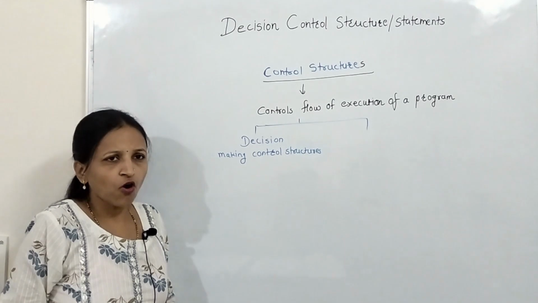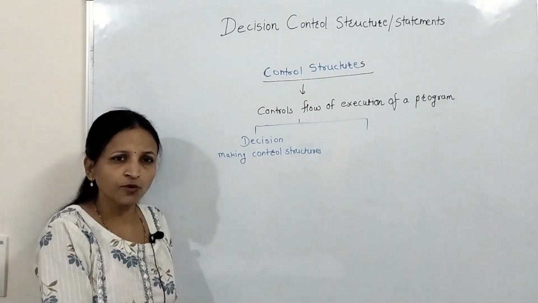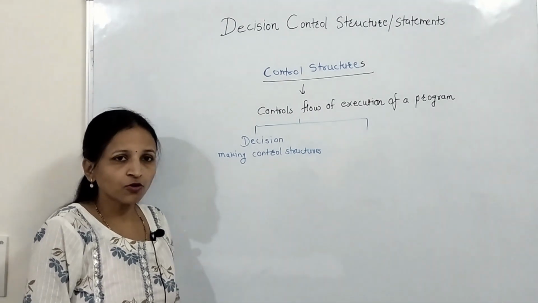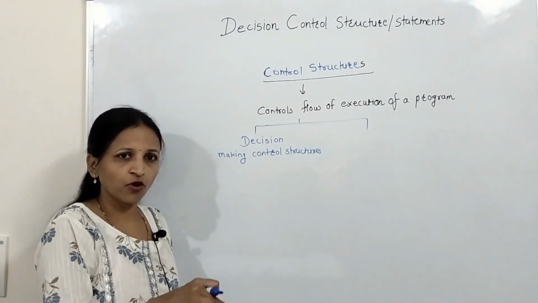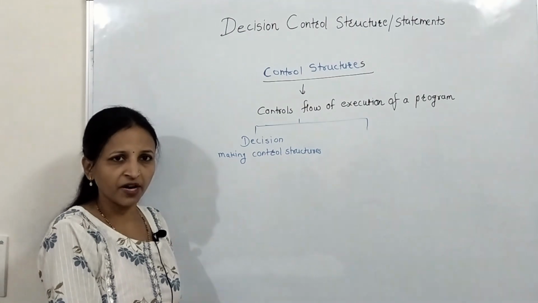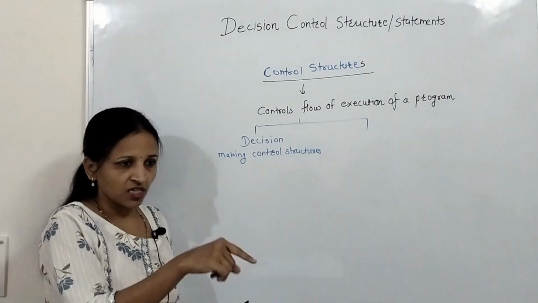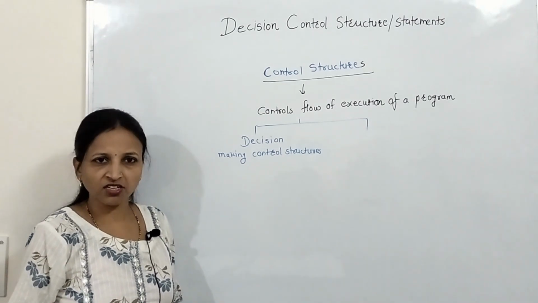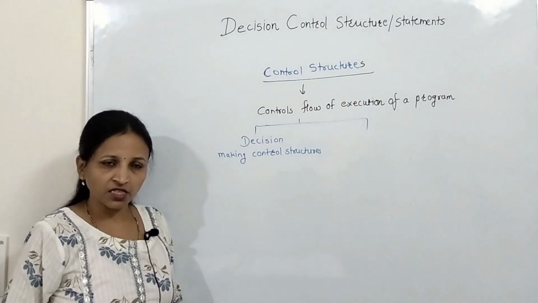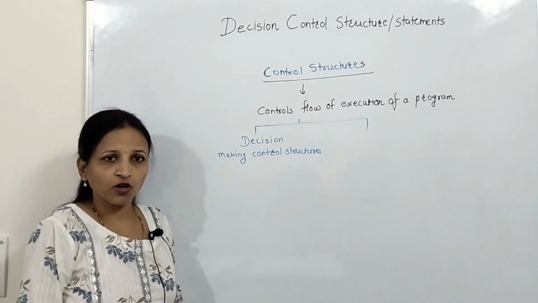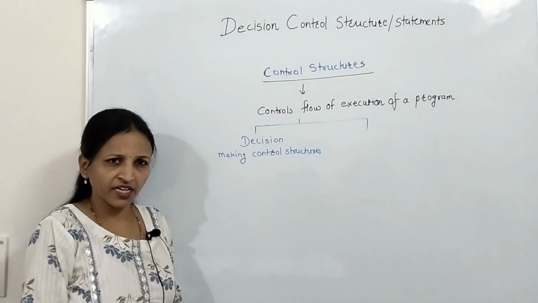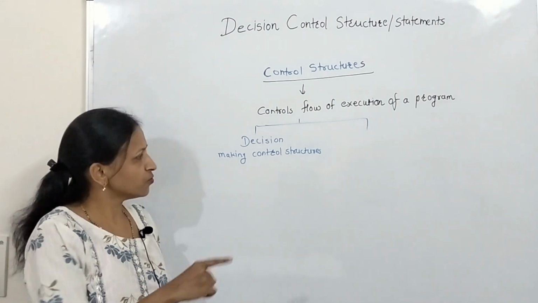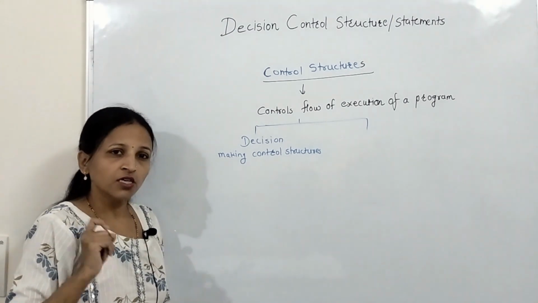Whenever you want to decide something on the basis of a certain condition through your program, you put a condition inside your program and say that if this condition is true then do this, otherwise check for a second condition, or otherwise do this. If you want to perform an action in this way, then we can use this type of control structures.